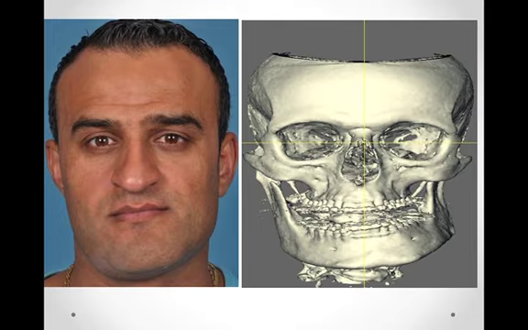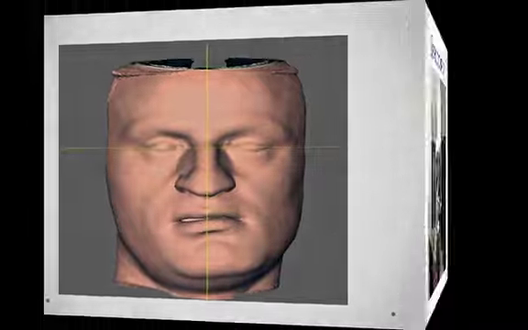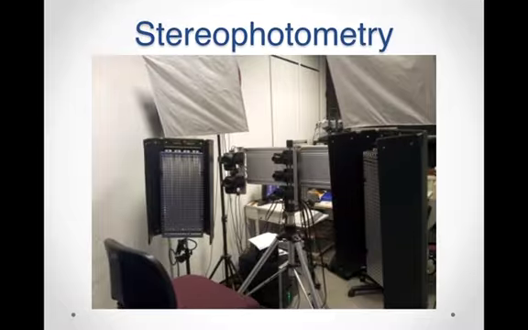As you can see, this is the patient and this is his cone beam CT scan. The CT scan will give you a soft tissue as well. So this is the soft tissue, but this is not realistic for soft tissue for him. So what we can do, we do something we call a stereophotometry, which is basically we take a 4D photograph of the patient, 4-dimensional imaging. This is the one we used in Glasgow for a while. So I'm sure now that there's a more advanced one, but this is a 4D